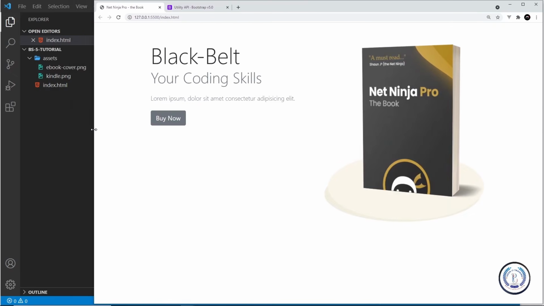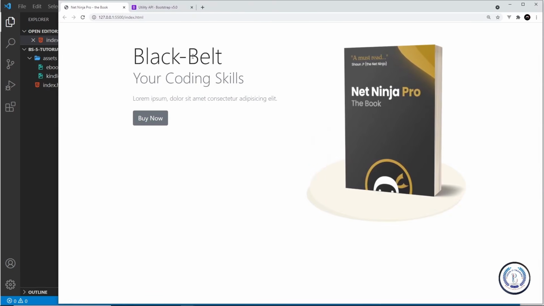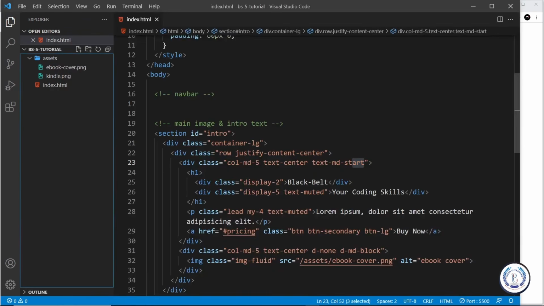So there's one more thing I want to do. I want to bring this content down a bit into the middle. And the way we can do that is by coming to the row, which is right here, and using an align class. So I can say align items and then center. And what that does is